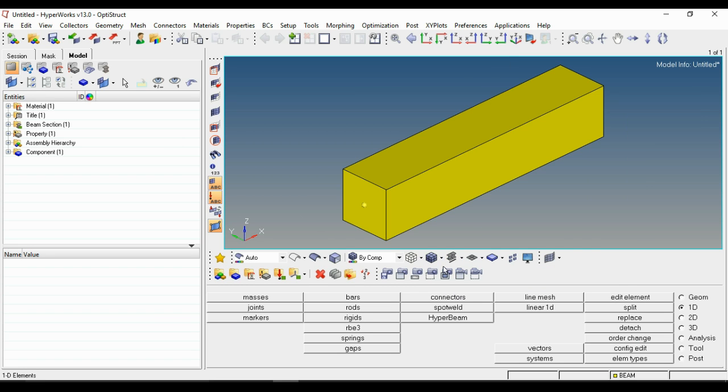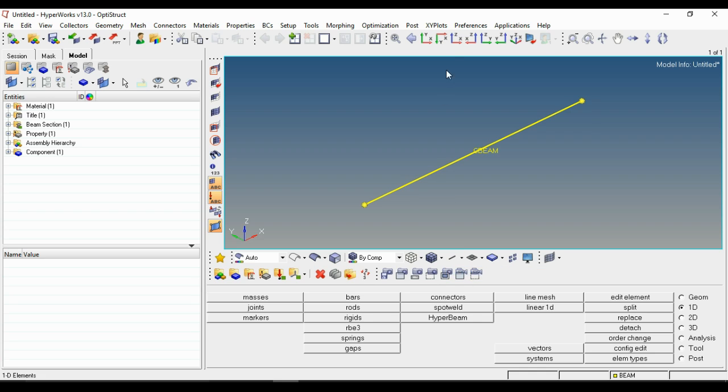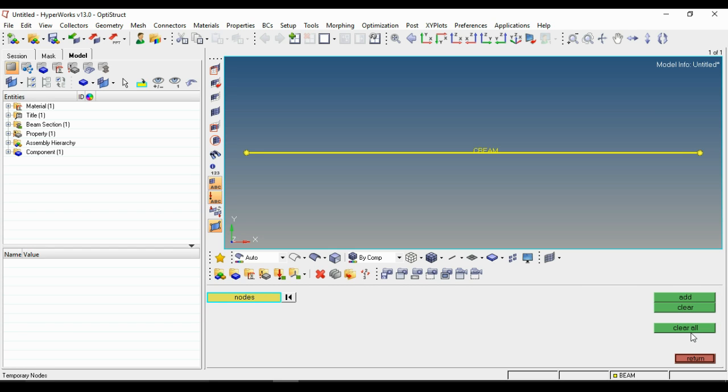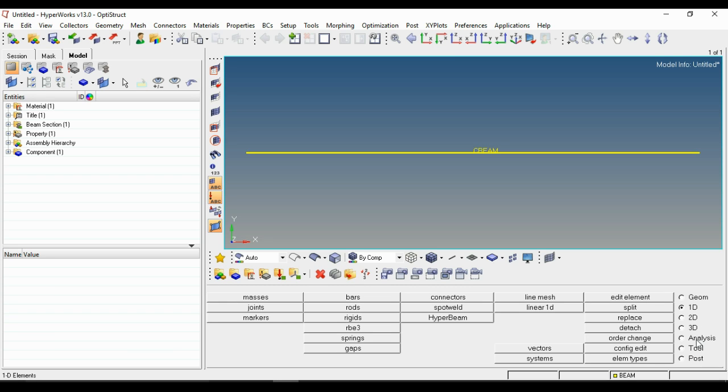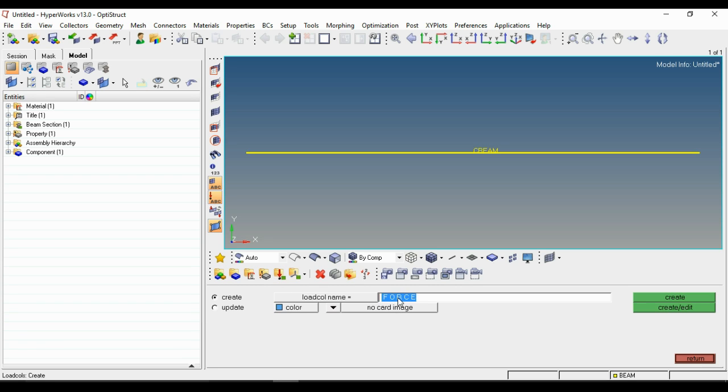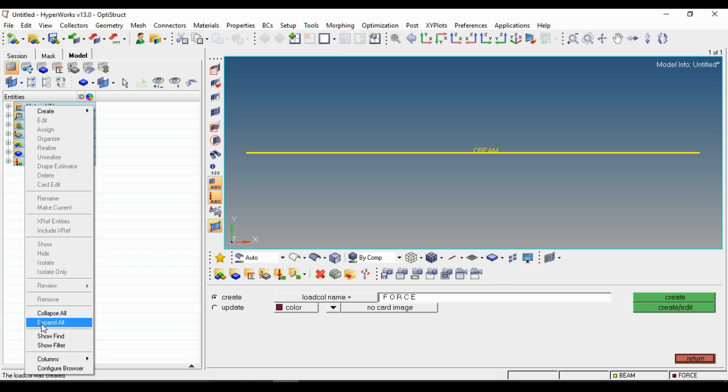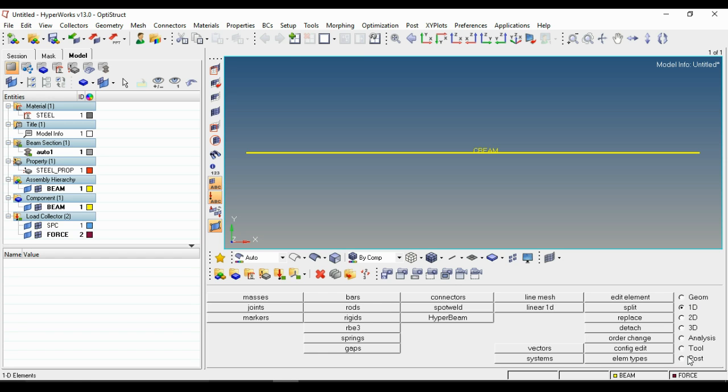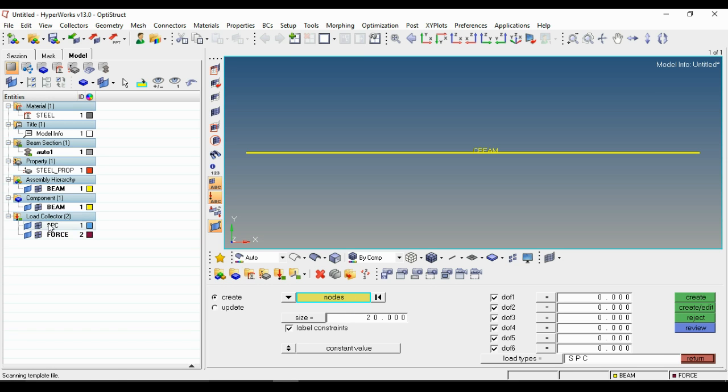Shift plus F2, clear all, return, load collector, SPC, create, force, change the color, create, click return, go to analysis, constraints, make SPC as current, create, click return, make force as current,